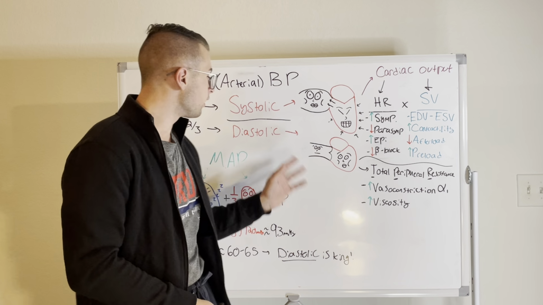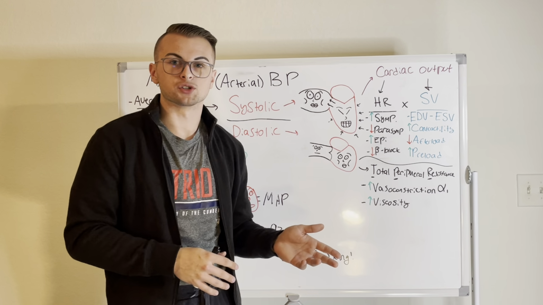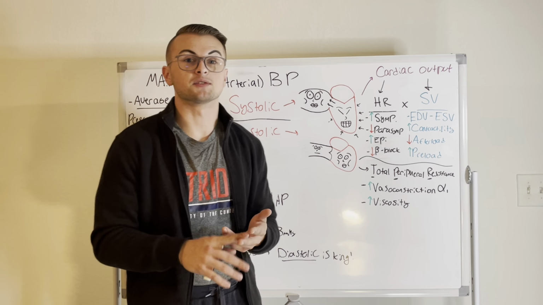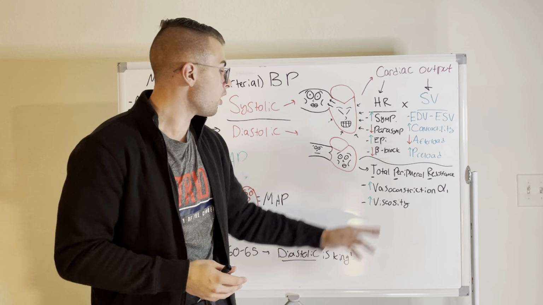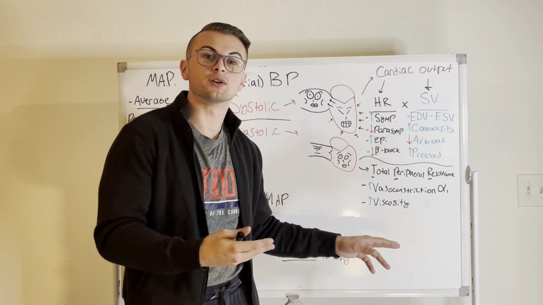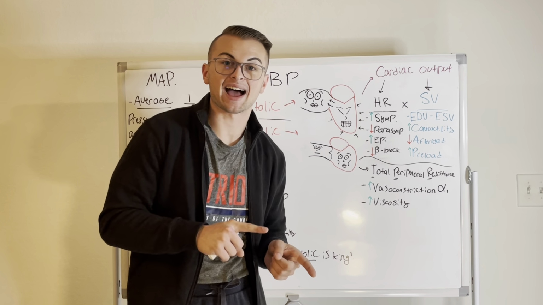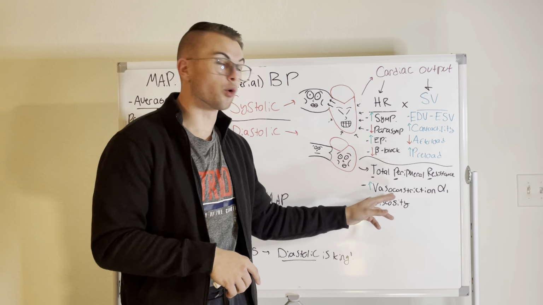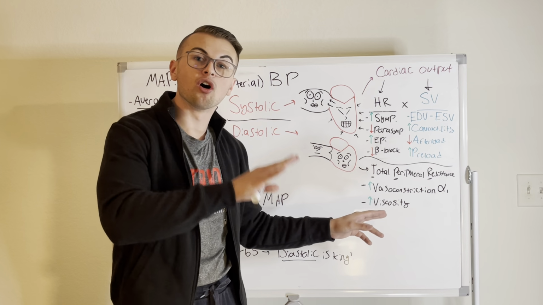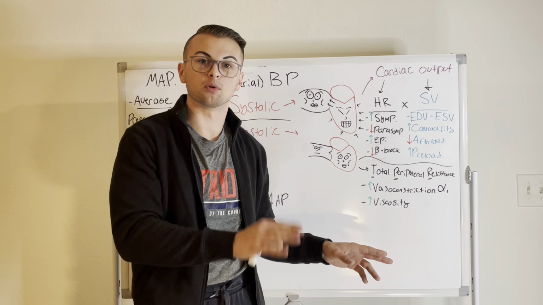Now, how do we lower our diastolic blood pressure? Well, if we have less blood volume, this will lower the amount of pressure, but we can also relax our arterioles by giving alpha 1 antagonists like hydralazine. This will decrease our total peripheral resistance and lower our diastolic blood pressure.